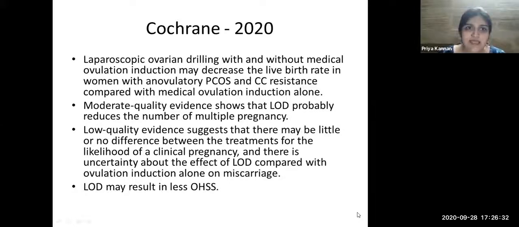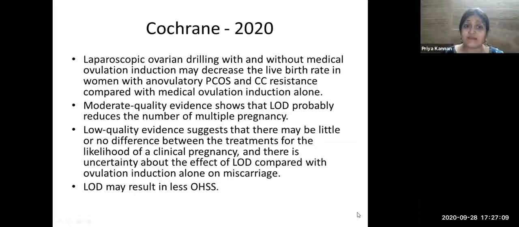What did the Cochrane say? It came out right now in 2020. Laparoscopic ovarian drilling with or without medical ovulation induction, they said it decreases the live birth rate in women with anovulatory PCOS and CC resistance as compared to medical ovulation alone. It was a moderate quality evidence which showed that laparoscopic ovarian drilling probably also reduces the multiple pregnancy rate. It reduces the pregnancy rate, it reduces the multiple pregnancy rates, and